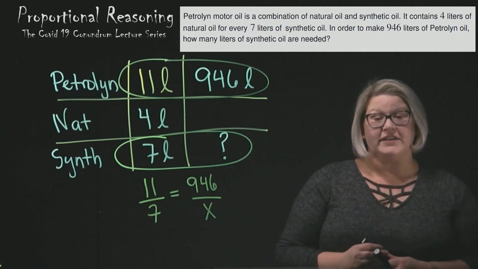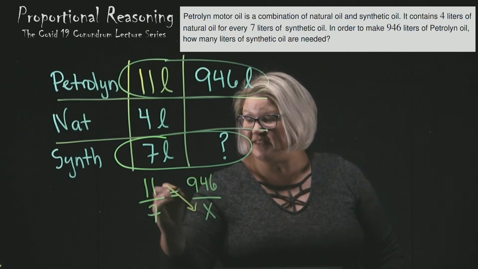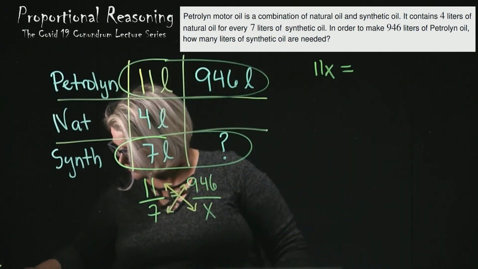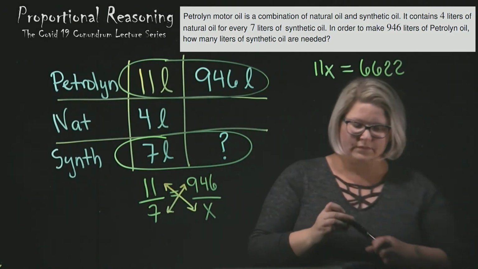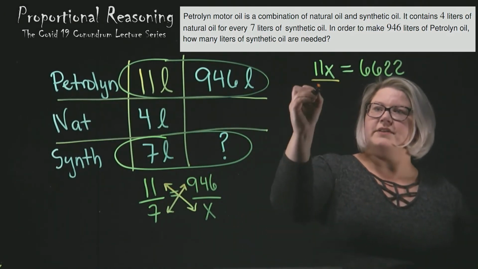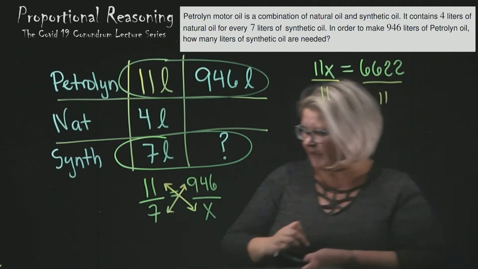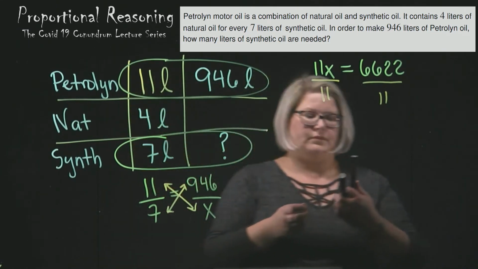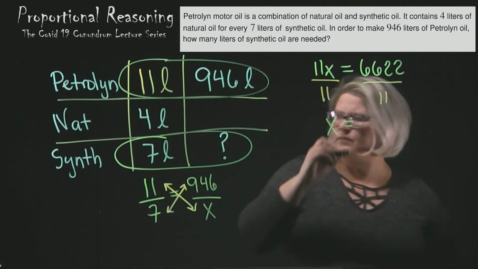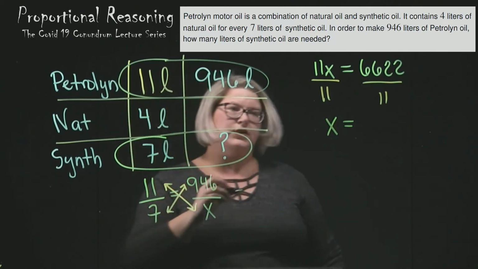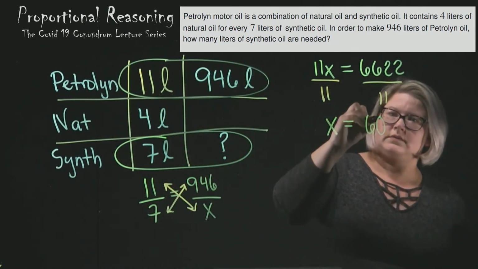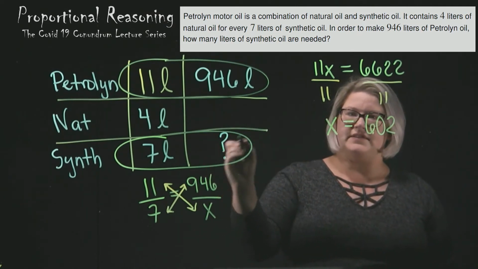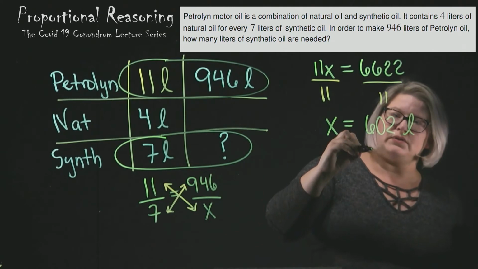Now I'm going to find their cross products and set them equal to each other. And then in order to solve for x, I'm going to divide both sides by that 11. I got 602. All right, now remember, this is liters, and I'm looking for liters of synthetic. So it's 602 liters